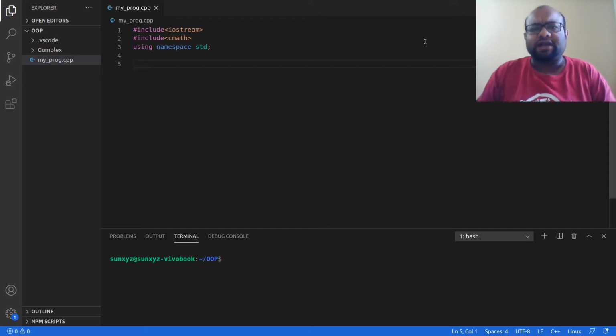But whatever be the representation, there are a few operations that are going to be common throughout. There is going to be get real, get imaginary, get magnitude, get phase angle, then add two complex numbers, subtract a complex number from another complex number, multiply two complex numbers, and then print the complex number in rectangular notation and print the complex number in polar notation.